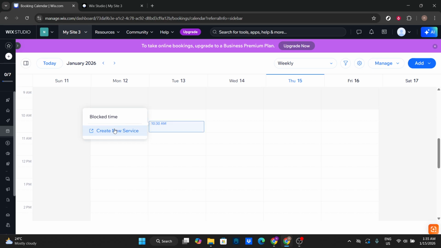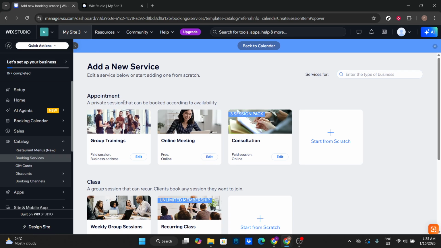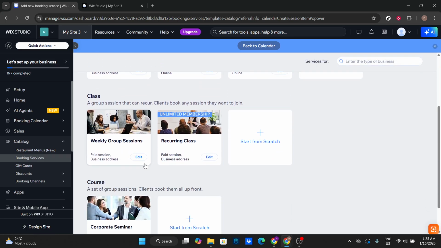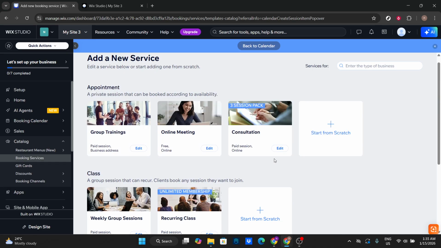time. When you're ready to expand your offerings, create a new service. Choose the service type, add a clear title and description, set duration and price, assign staff, and decide whether it's shown online immediately. Consider adding a lead time and cancellation window so clients book with enough notice and expectations are